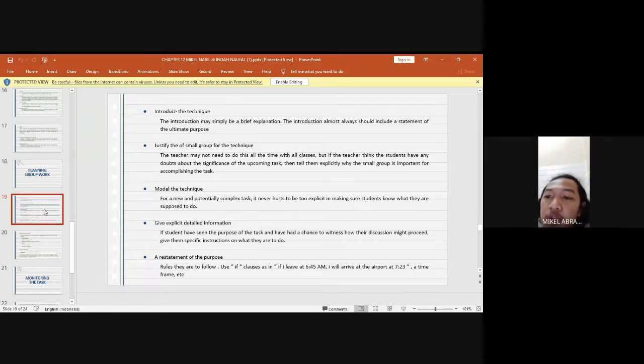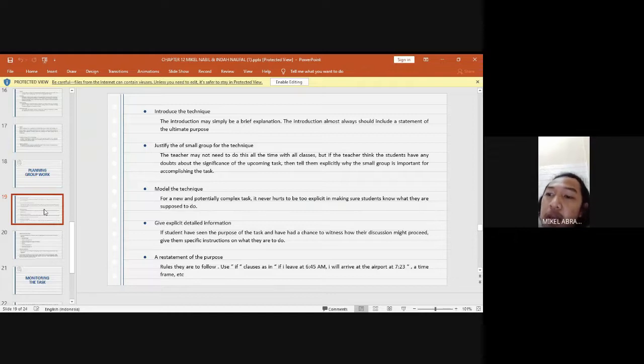groups for the technique. You may not need to do this all the time with all your classes. But if you think your students have any doubt about the significance of the upcoming task, then tell them explicitly why the small group is important for accomplishing the task.